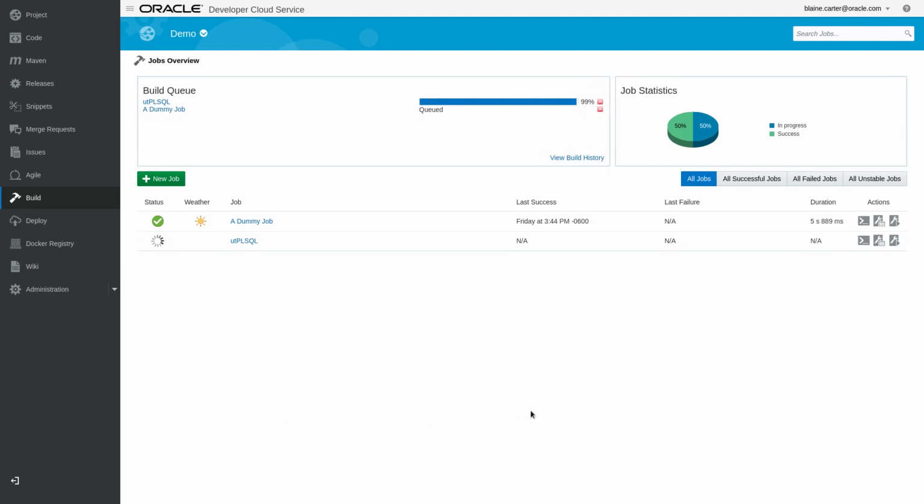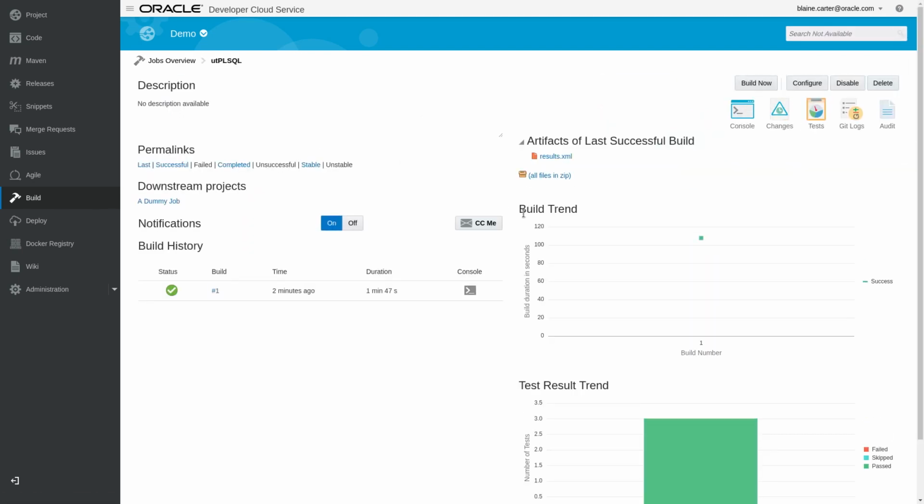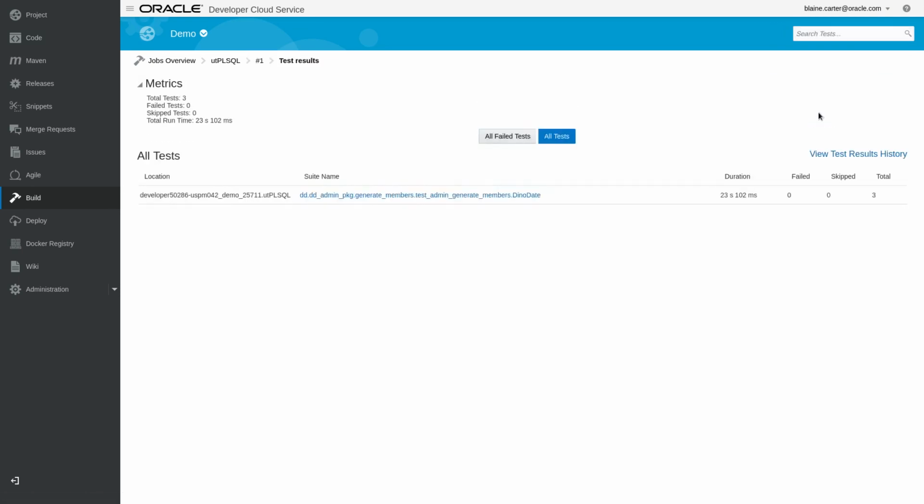All right, there you go. You can see that that job has finished and everything registered as good, and so it automatically queued up the dummy job to run next. So let's drop back into our job. And you can see that since we tied the output of the tests, we linked it into the test results of the build tool, we now get this neat little button over here that lets us go in and look